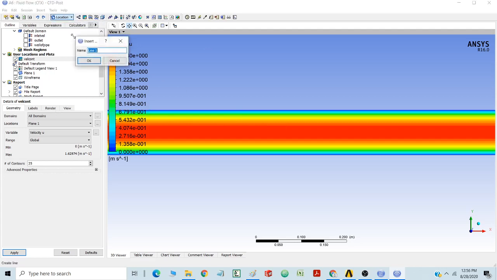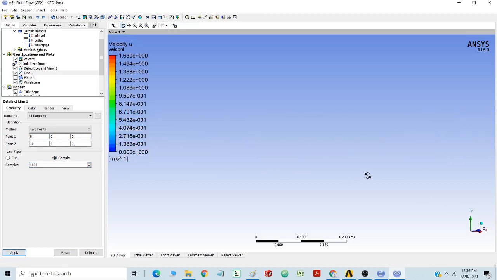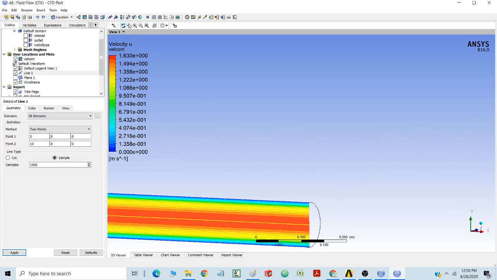The next step is to take a center line where we want to plot the pressure drop. As per the coordinates, I am going to take the center point of the inlet face and the center point of the outlet face. As the pipe is drawn in x direction, I am going to take 10 meters at the extreme end, and point 1 will have 0 at the inlet end. Then I am going to take approximately 1000 points for this, and I am going to click apply, because all other coordinates will be 0 0 0 on this particular plane when I am talking about the center of the pipe.